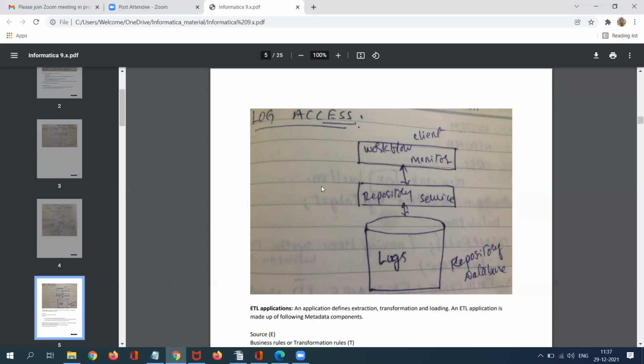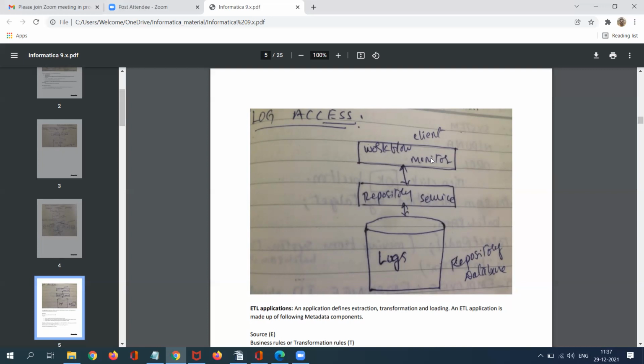What it will do here: workflow monitor. The workflow monitor client helps you to see all statistical information. How many records we have at source level and how many records are loaded. Is there any rejection? If rejections happen, what is the reason? It will tell you what the reason is.